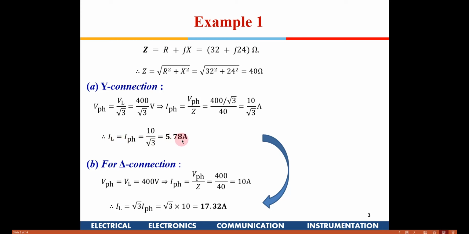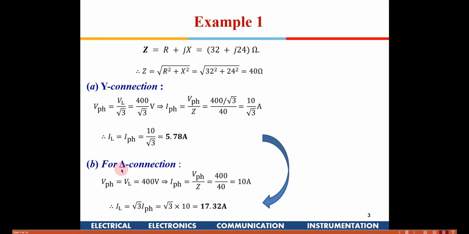But remember, in this particular problem, we have not been asked to find the phase, so we are only computing the magnitude. But otherwise, this current will not be in phase with the applied voltage, because there is a reactance also available. So in case you need to find the phase difference, we can use cos theta equal to R divided by Z. By that much angle, the line current or the phase current will lag the phase voltage or the line voltage, right? It will lag because it is an inductive load.